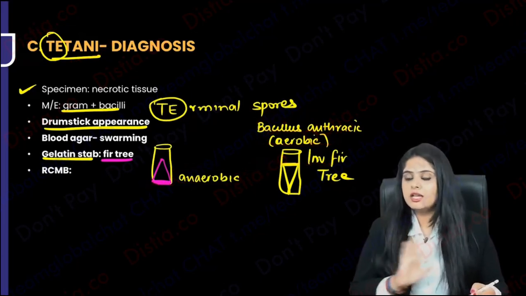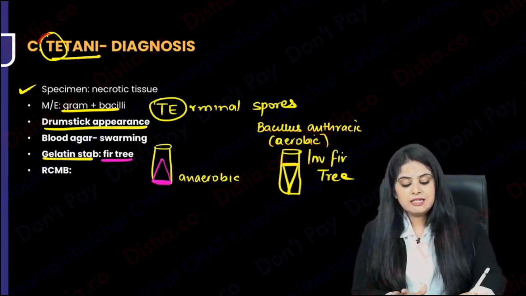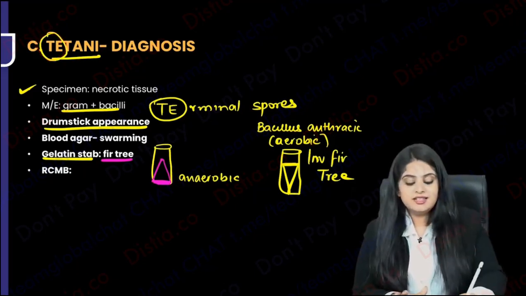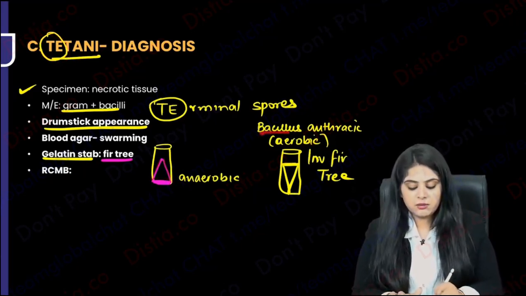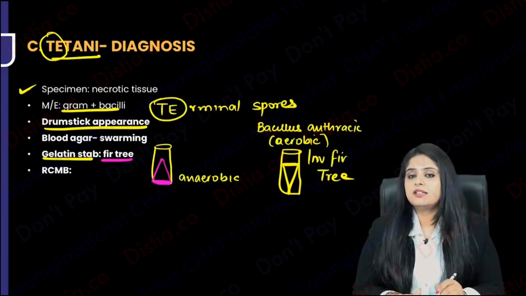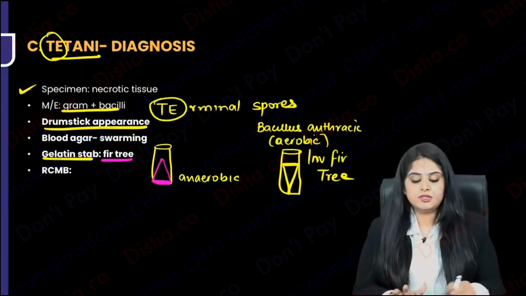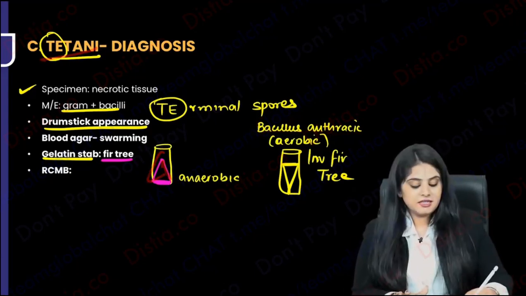In the exam, you don't have time to apply this much logic. So remember, tetani tree, straightforward tree, okay? Tetani is simple tree. So simple tree always looks like this. Whereas when I'm talking about Bacillus anthracis, it is going to be the opposite tree, inverted tree. Tetani, straightforward tree. Finally, any anaerobic organism is going to be grown in a